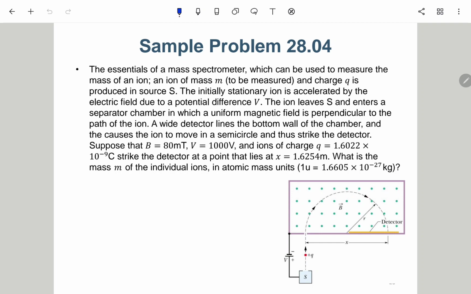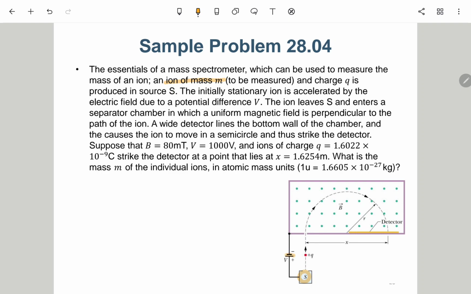Okay, so here we have another one. It says the essential of a mass spectrometer, which can be used to measure the mass of an ion. An ion of mass m to be measured. Okay, so 我们要测这个离子的质量嘛。The charge Q is produced in source S, and the initially stationary ion is accelerated by the electric field due to the potential difference V. OK， 所以它的意思是 OK， 这里有一个 source 啊，这里有一个 source，